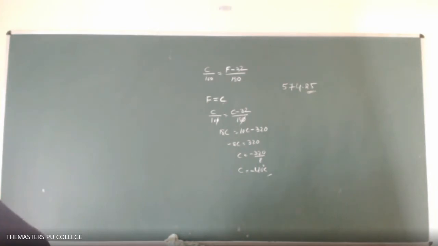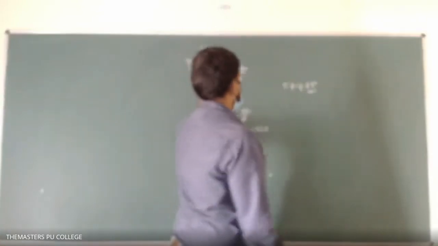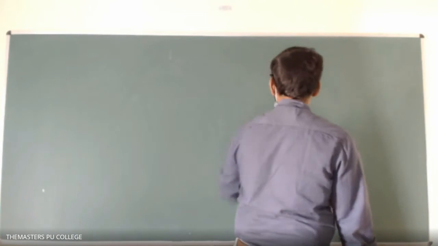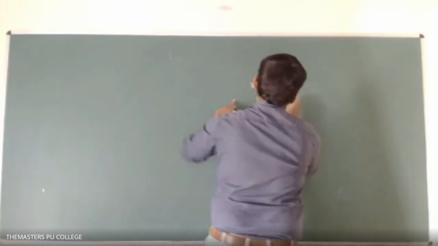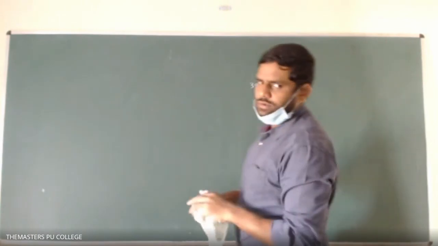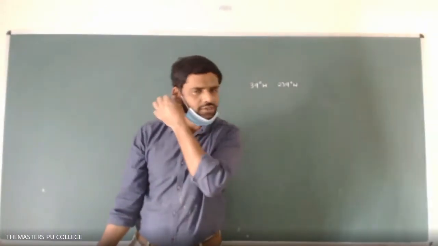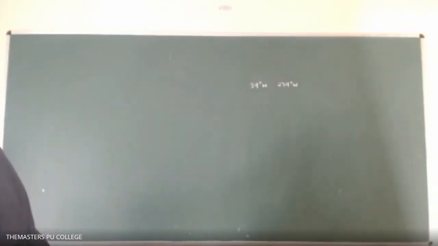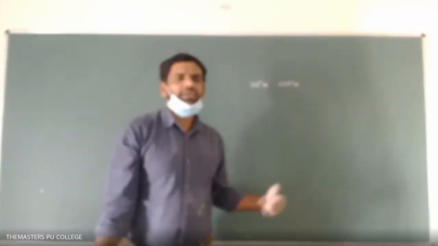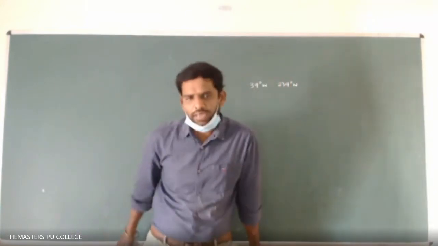On a new scale called W, capital letter, the freezing and boiling points of water are marked as 39 degree W and 239 degree W. What will be the temperature on this new scale if the temperature is 39 degrees Celsius?